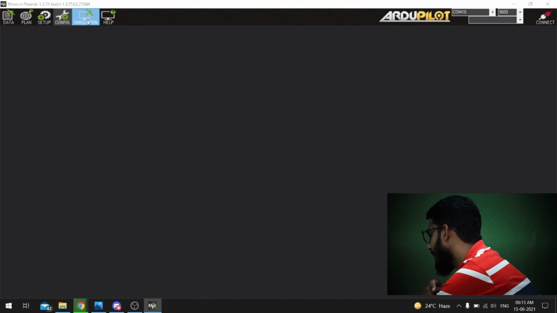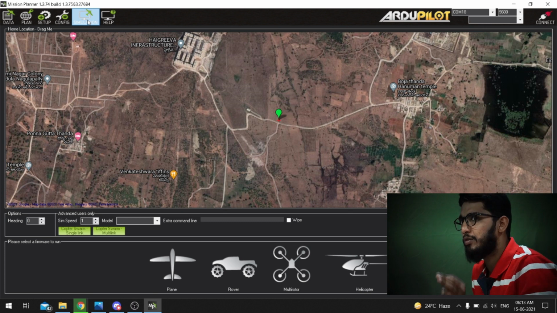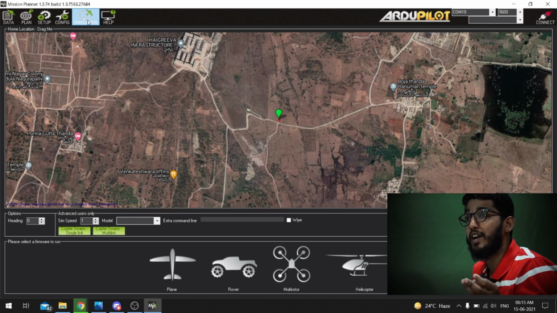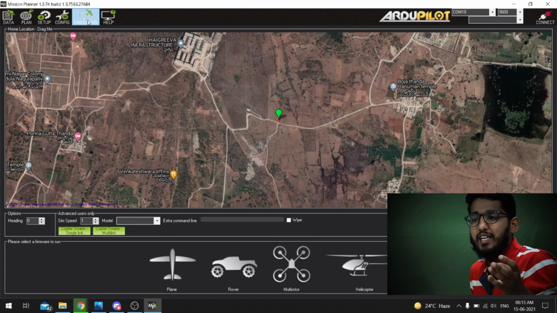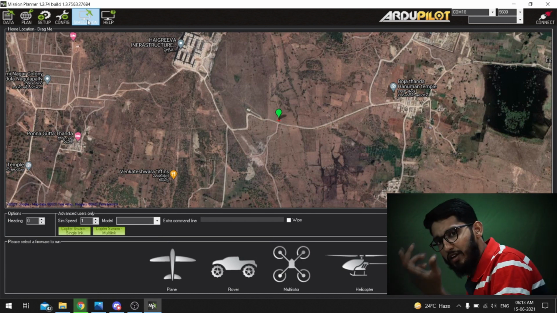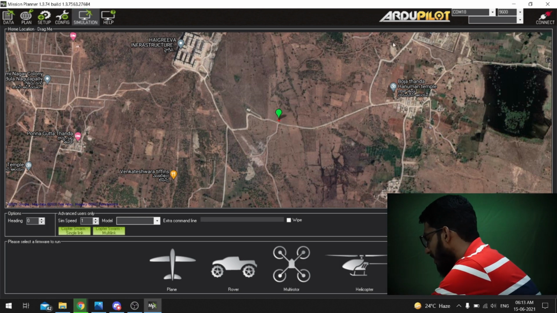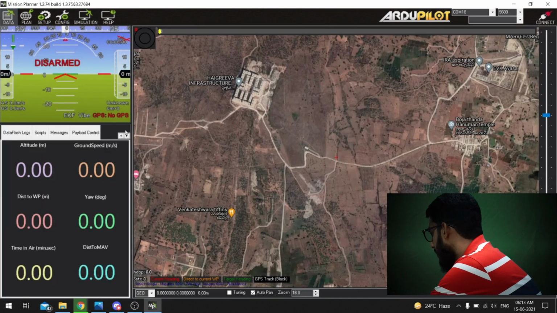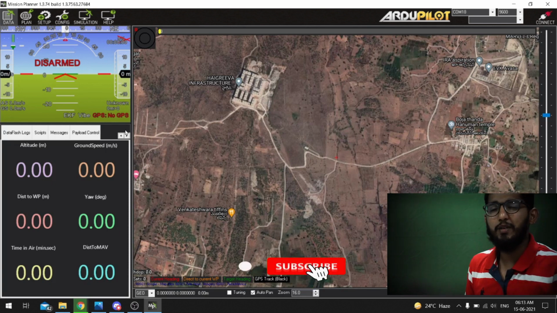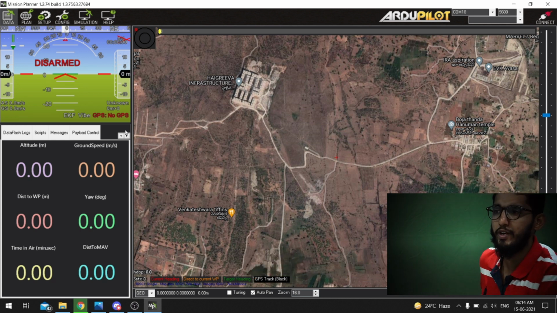And there is also Simulation. I will be doing a separate video for a proper simulation using Mission Planner for different vehicles such as multi-rotors, fixed wings, even quad planes, VTOL systems and tail-sitter systems. That's it. So this is about the basic Mission Planner, and let's understand all the settings deeper and deeper in future videos.